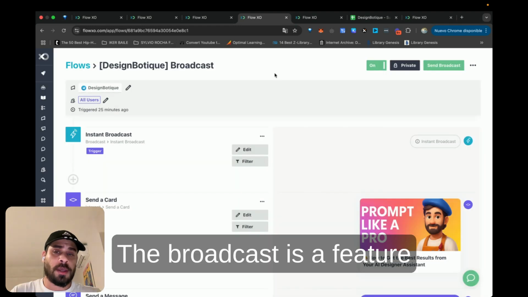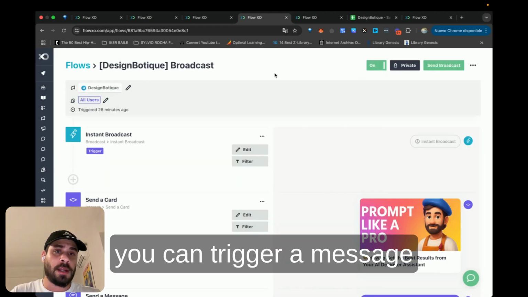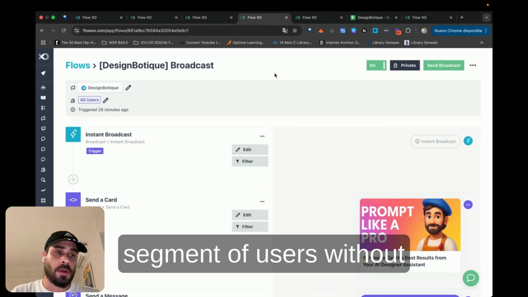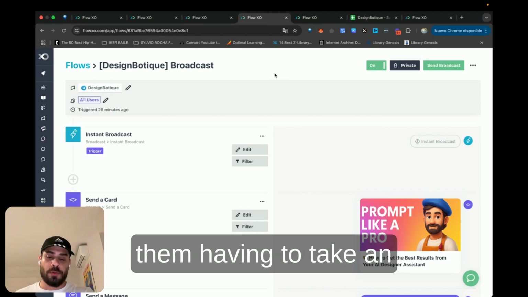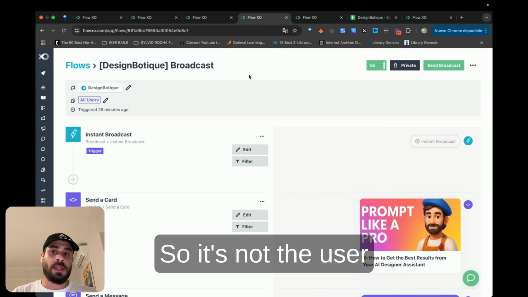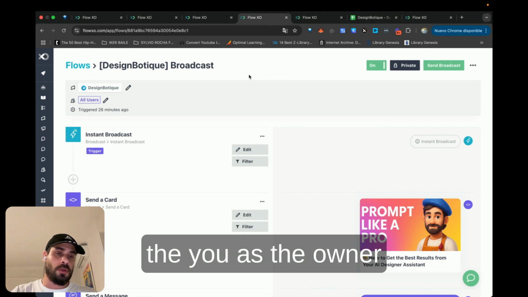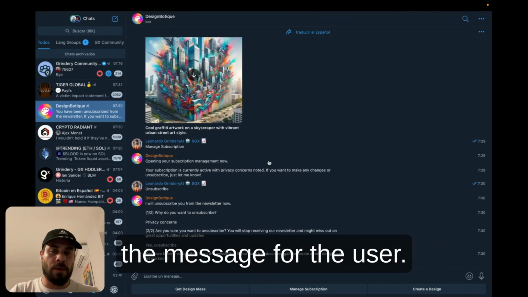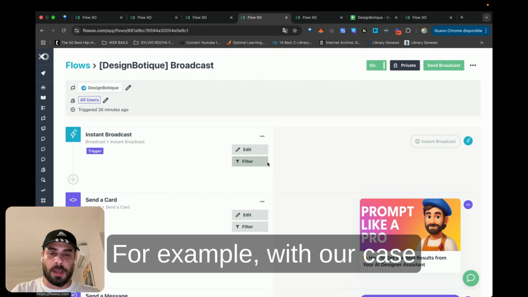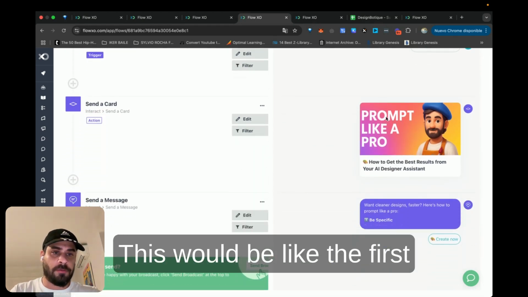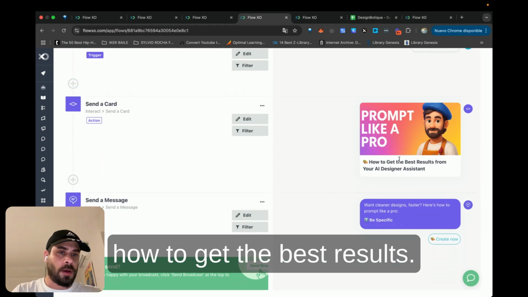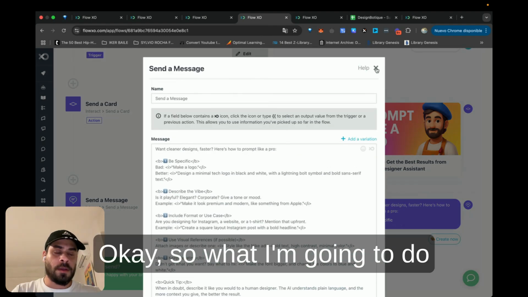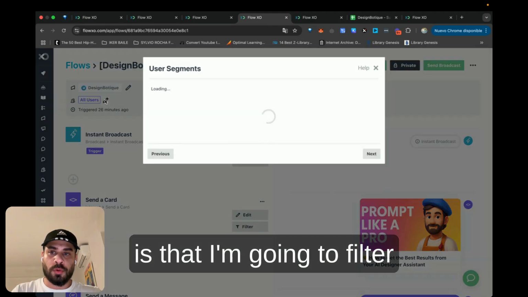Okay, the broadcast is a feature that you have in FlowXO where you can trigger a message for all your users or for a segment of users without them having to take an action before. So it's not the user triggering the message, it's you as the owner of the project triggering the message for the user. Okay, and this is very helpful. For example, with our case, we have the newsletter. This will be like the first message, prompt like a pro, how to get the best results, and then here I'm showing the guide. Okay, so what I'm going to do is filter this